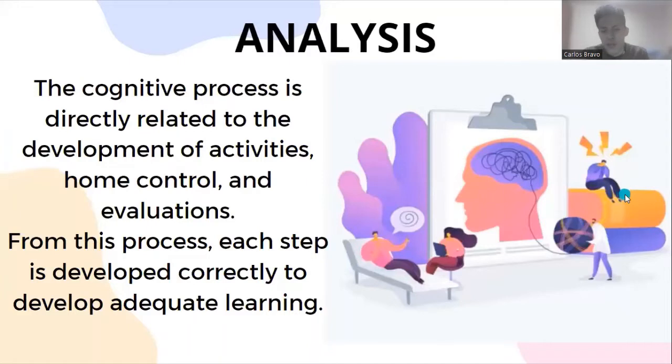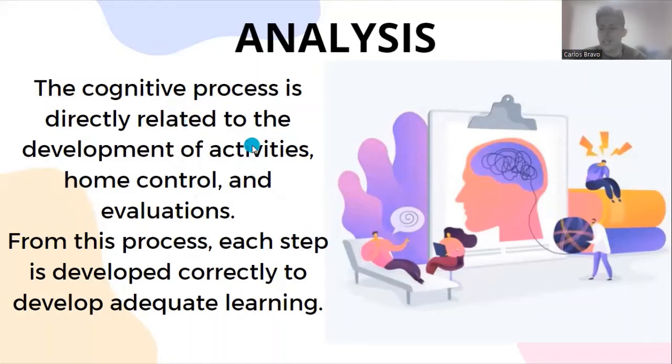The point of view in this article is focused on the cognitive process, which is directly related to the development of activities, home control, and evaluations. In this part of the article, the author says that it is important for teachers to choose the material correctly in step number one. Here you can take the content and use the information in relation to the age of the students,